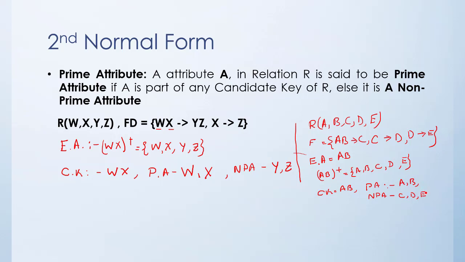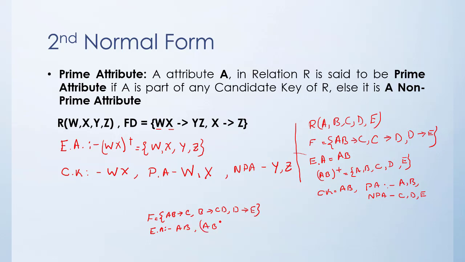Right? Now let us take, for the same relation, the functional dependency given by AB determines C, B determines CD and D determines E. Here the essential attributes will be AB, you can see that we cannot determine A or B by any other attribute. So the essential attribute will be AB, and AB closure will be